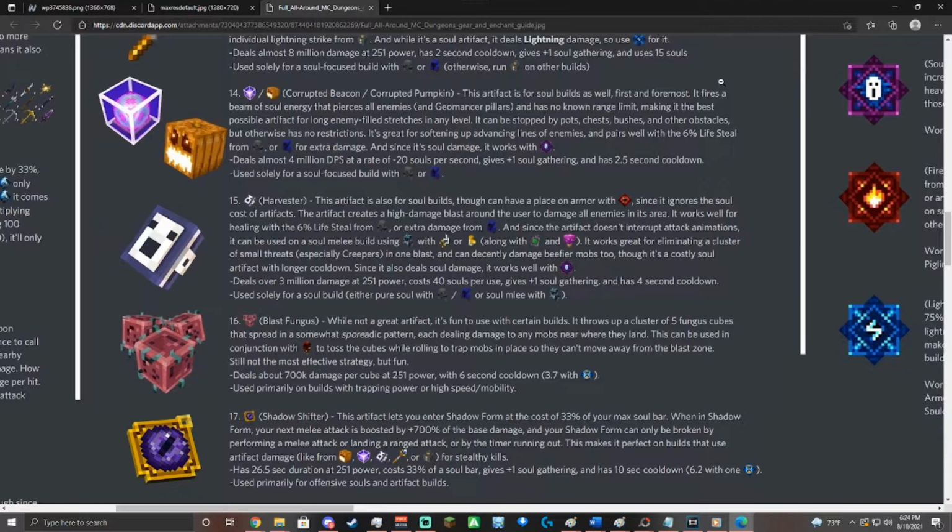Next, continuing the Soul hype train, we've got Corrupted Beacon or Corrupted Pumpkin, both the same thing, just a holiday reskin. This artifact is for soul builds as well. First and foremost, it fires a beam of soul energy that pierces all enemies, and Geomancer pillars as well. That's really huge. And as far as I know, it doesn't have any range limit, making it the best possible